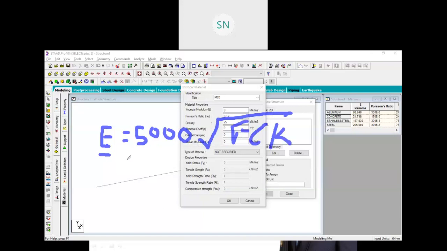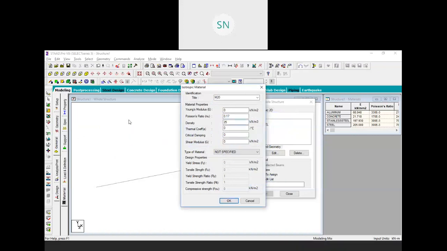E is equal to 5000 under root fck. And what is fck? fck means your concrete grade. We have 20, so type over here 20 and calculate it. So open your calculator and do this thing for me. I want this answer from you.